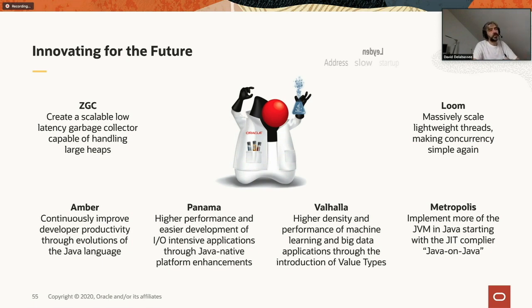Now, I need to quickly discuss another new project that we announced 2 weeks ago, and that is Leiden. Leiden tries to tackle some of the pain points of Java: the slow startup time, the slow time to performance, and the large footprint of Java applications. Everything is relative. When I say slow, it's slow compared to typically native Go applications, for example. Footprint is again compared to native applications.